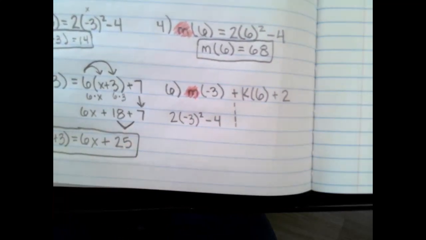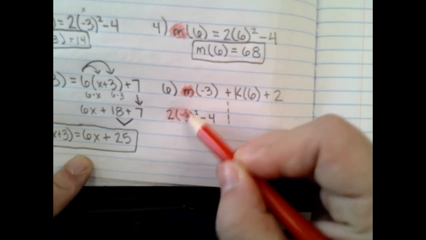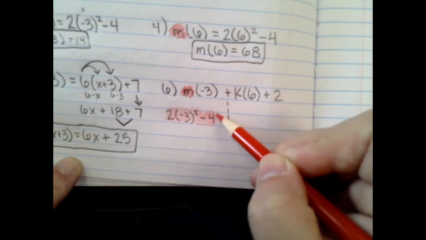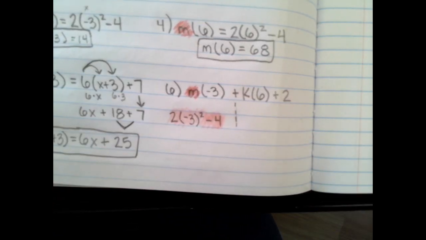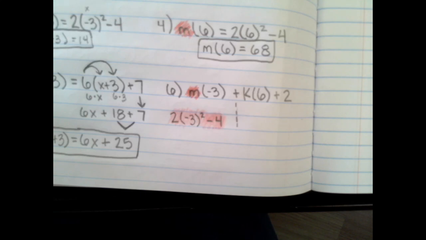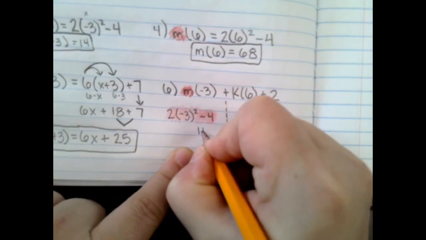So I put that into my function m. Which we already did this one. It was one of our examples already. Which example? Number 3? We already found our answer in number 3 for this. What was our answer to number 3? 14. So we get 14